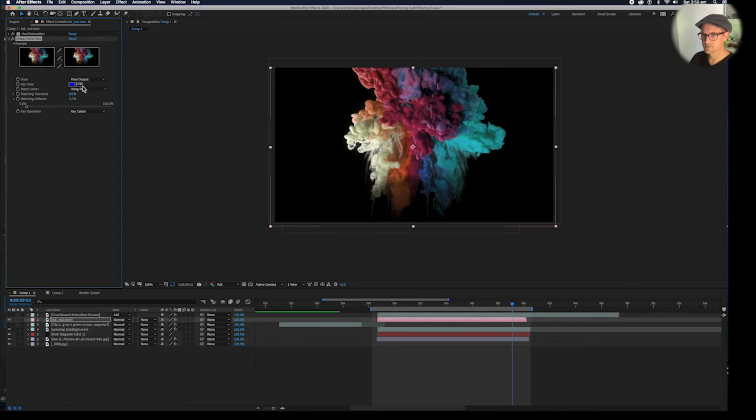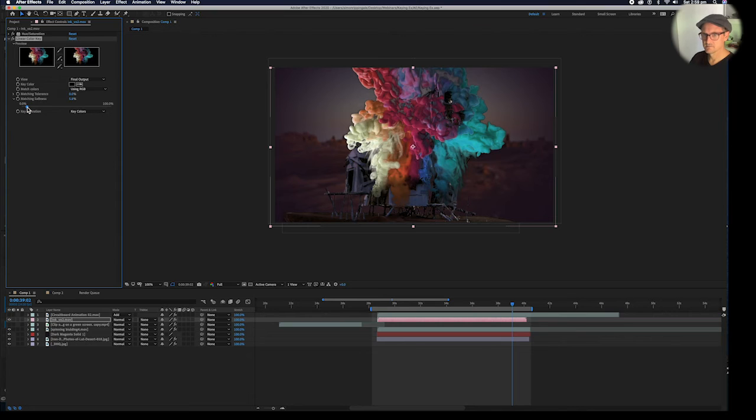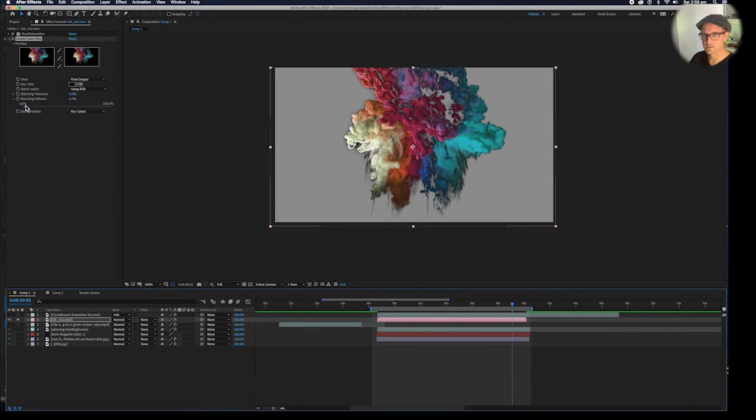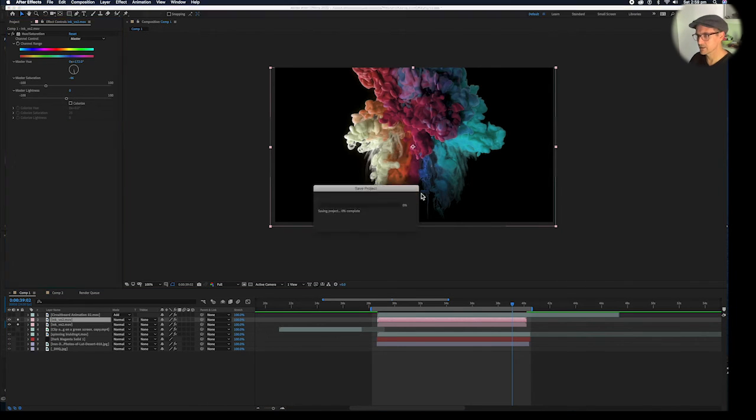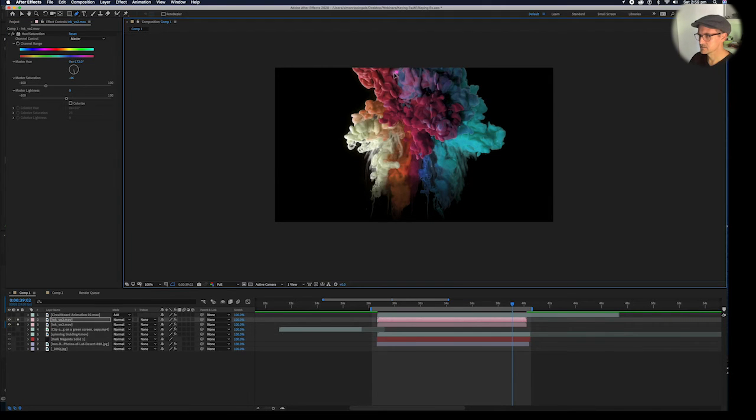Push that down a bit. Choose black in the key color. Play around with these settings here to get that edge quite soft. I'll just solo that layer for a minute so I can see how it's working. Somewhere there. I'm losing all this in the middle now, aren't I? So I'm going to duplicate this layer, delete the linear color key off my duplicated layer, and now do an animated mask